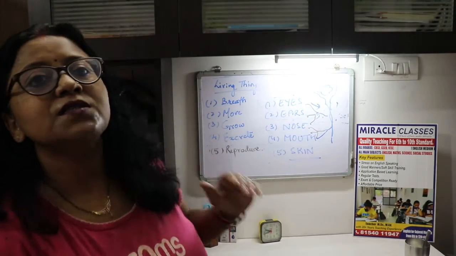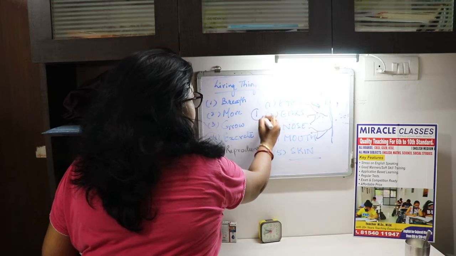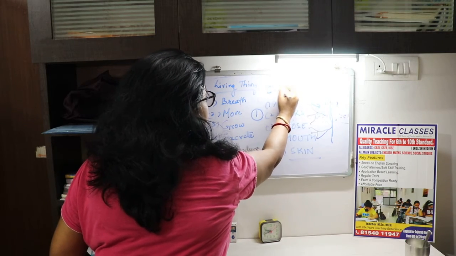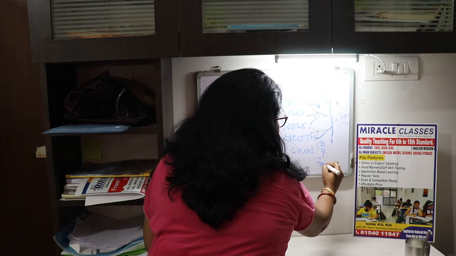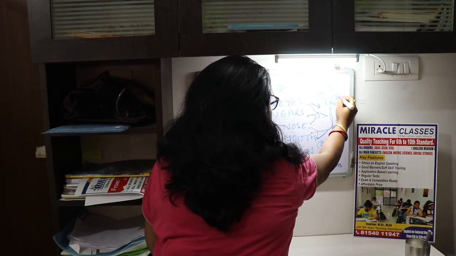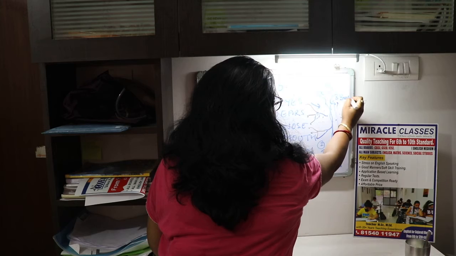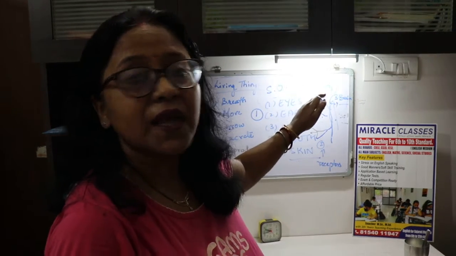So how does the stimulus pass? First phase is the sense organs. Second phase is the receptors. And third phase is the brain, which is the part of the central nervous system, the brain and the spinal